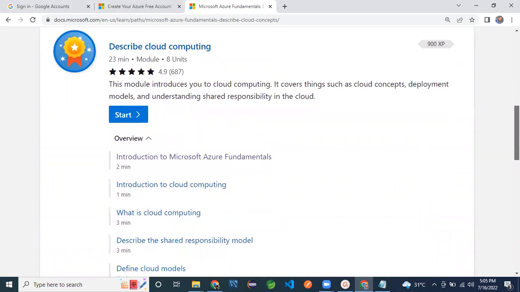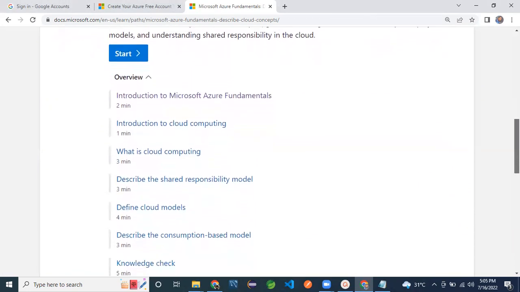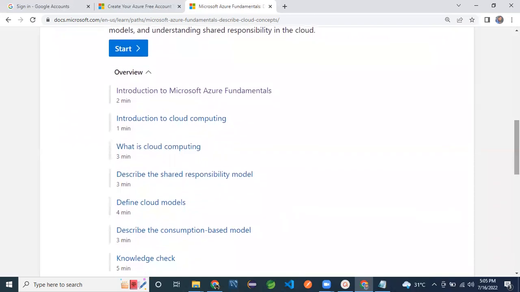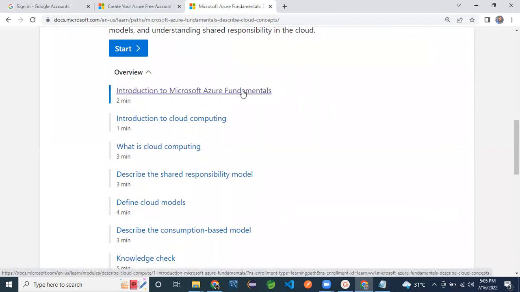The topics will be an introduction to Microsoft Azure Fundamentals. We already opened this one. It explains about Azure fundamentals, how the content will be and what the syllabus is, and all this will be explained there.